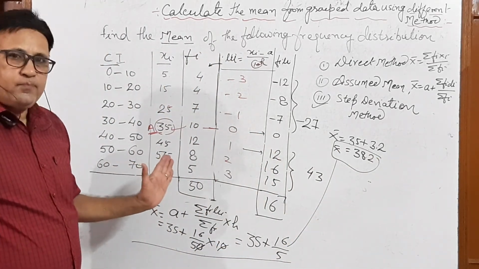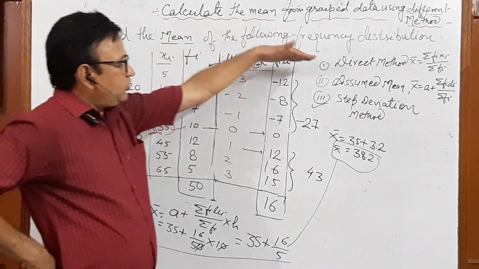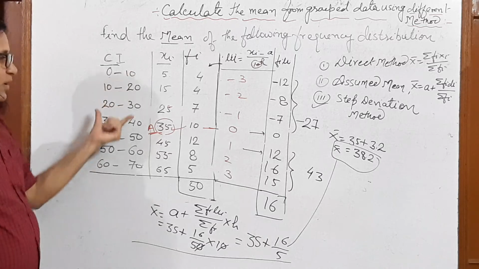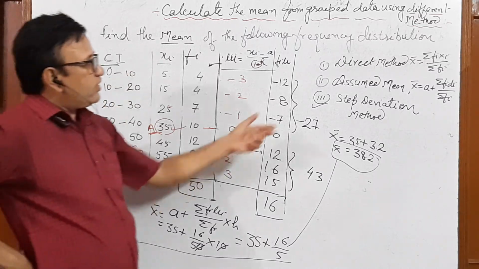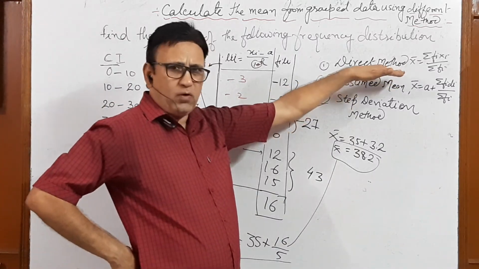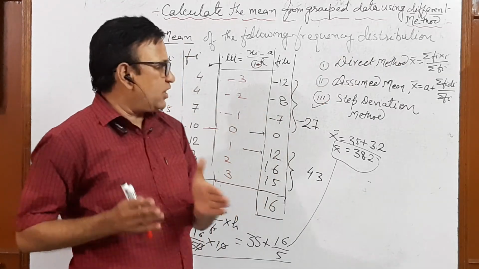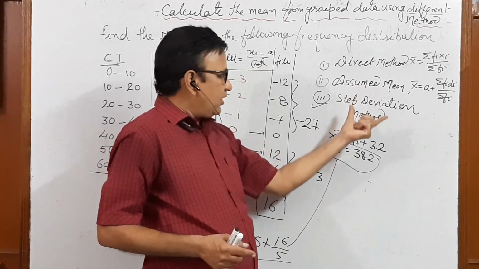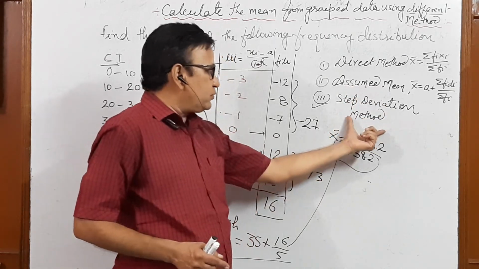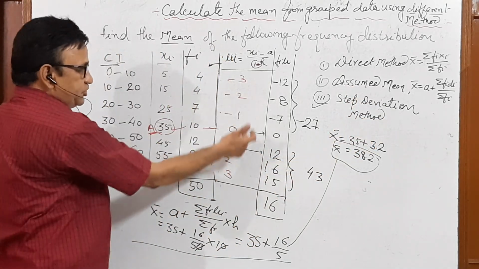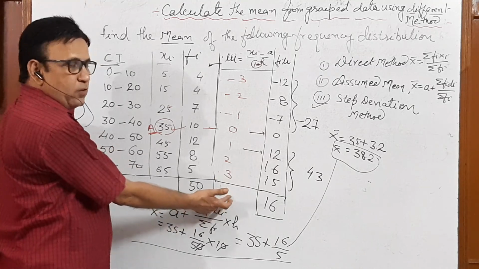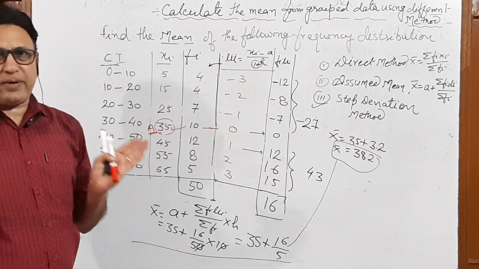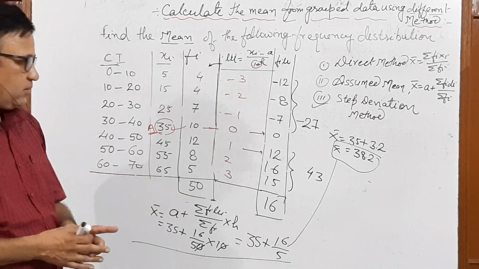So clear? In all three methods you can find the mean when the class interval is the same. To find it by the direct method, we use it where there is less calculation. Then you take the assumed mean and simply the step deviation method. This method is very easy. Simply we get only 0, 1, 2 and 1, 2, 3. Just pause and do some questions for practice.